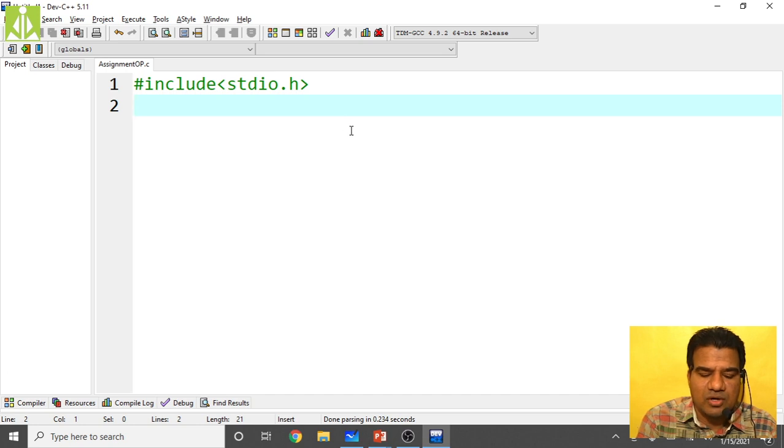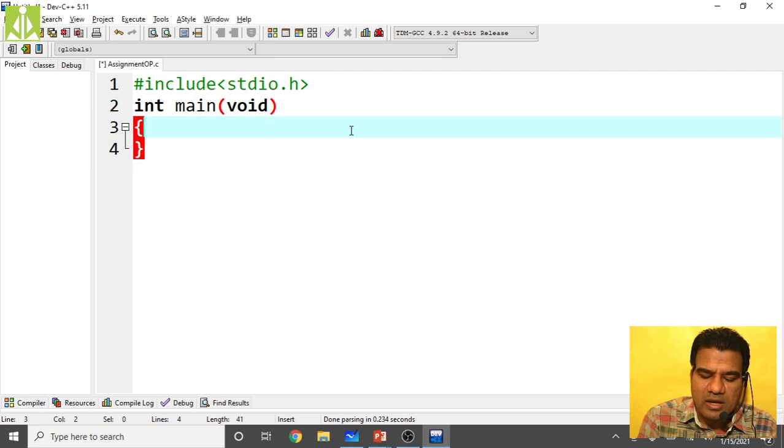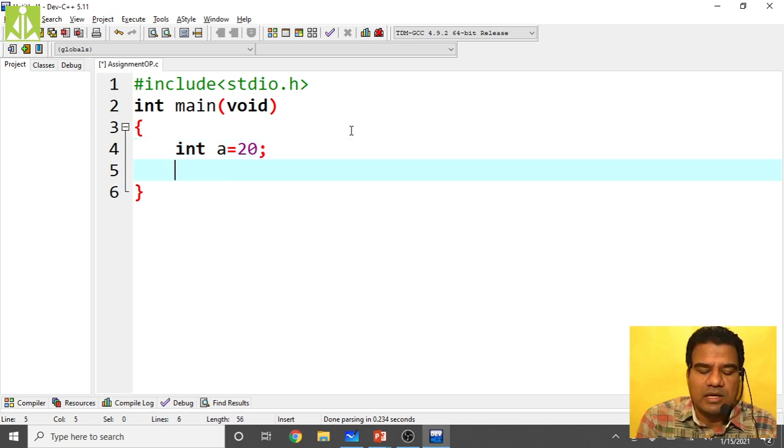Then stdio dot h, int main of void. So in it, I'm declaring my variable int a equals to some 20 value I'm storing. Then you take another variable int c, and now no need of variable, because we will do compound assignment now.